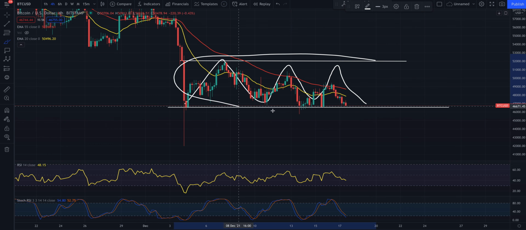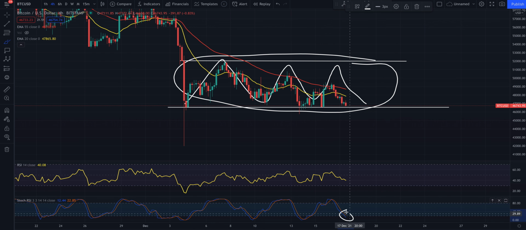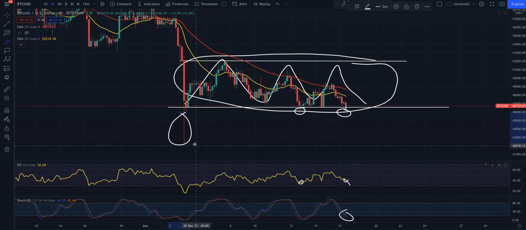There's a lot of fear and a lot of uncertainty within this particular pattern, or patterns of play, that are going on here. The stock RSI is on the floor. The RSI is rolling over here. If you create a lower low in the RSI than this on the 4 hour, and you do potentially roll back down for support or create a nasty wick, just like you did here, these are nasty wicks. If you get a nasty wick and that rolls, and you create a lower low than this low here in the RSI, and you get a higher low in the price action,